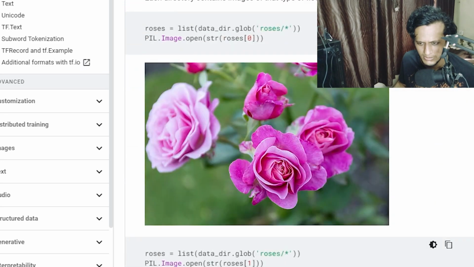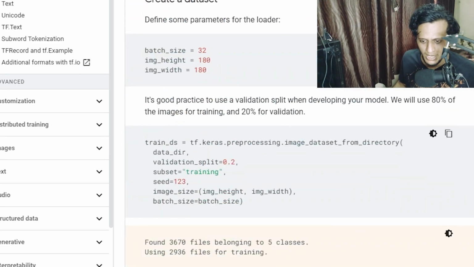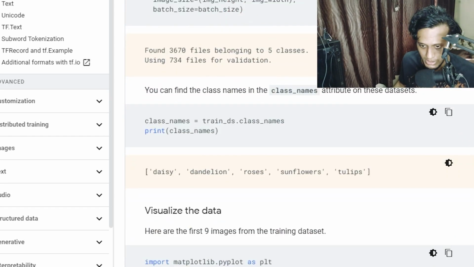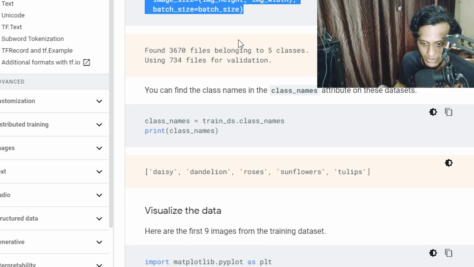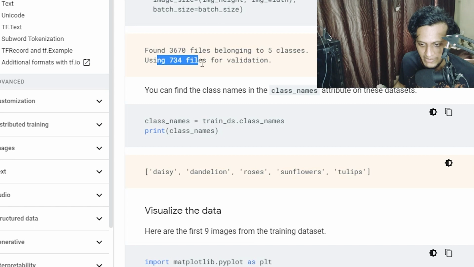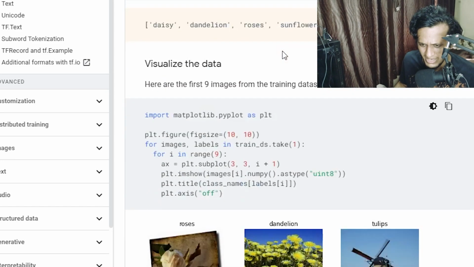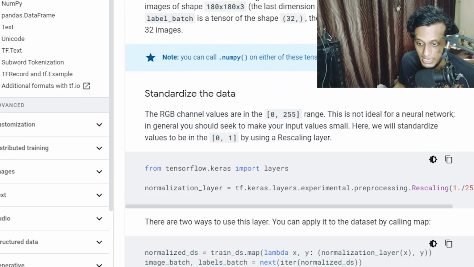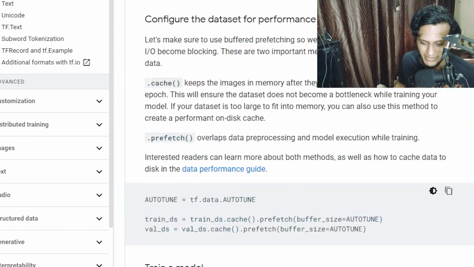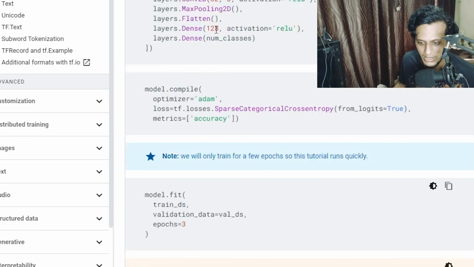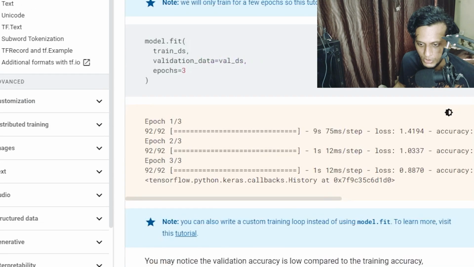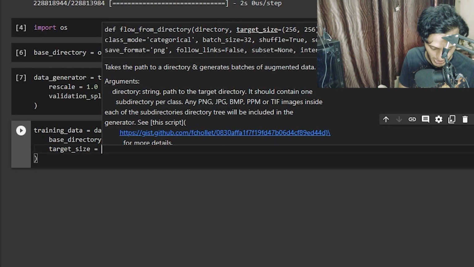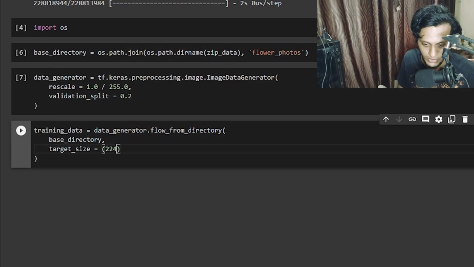730, let's say. And yeah, we can do it. See, they have also used the image data generator over here. Yeah, see, using 734 files for the validation, so 730 somewhere around. And these images are I think 224 by 224. Okay, so let us just do it. I'm not trying to get much more into the depth. We just have to keep the documentation aside at the moment. So I would say 224 by 224.